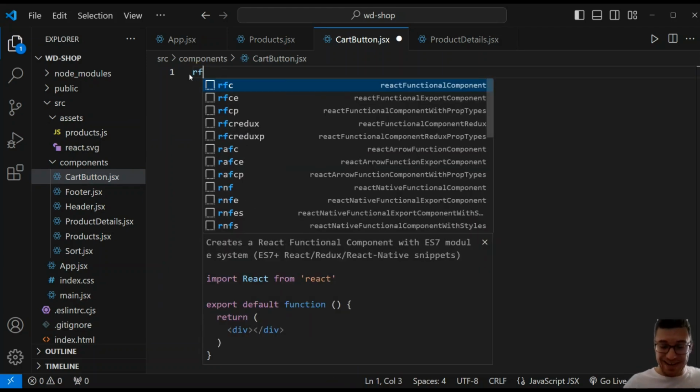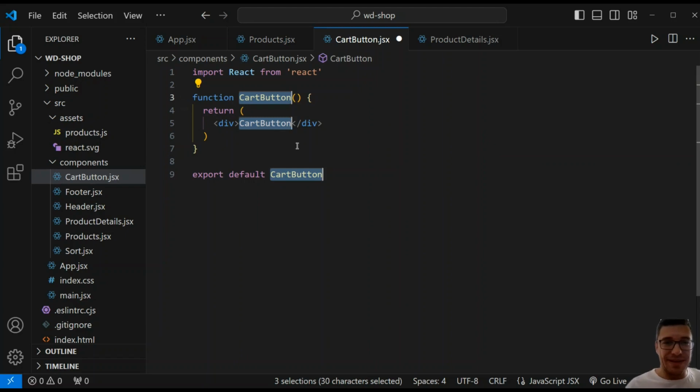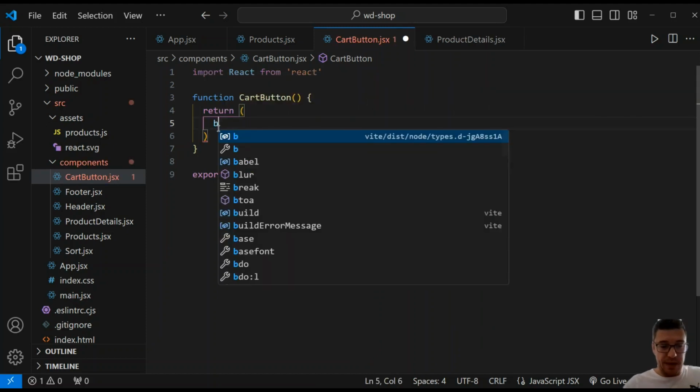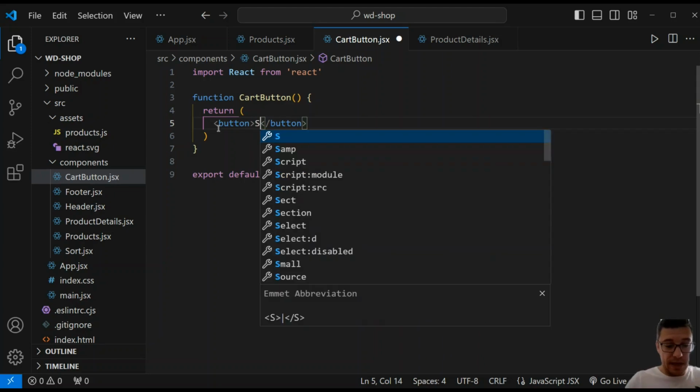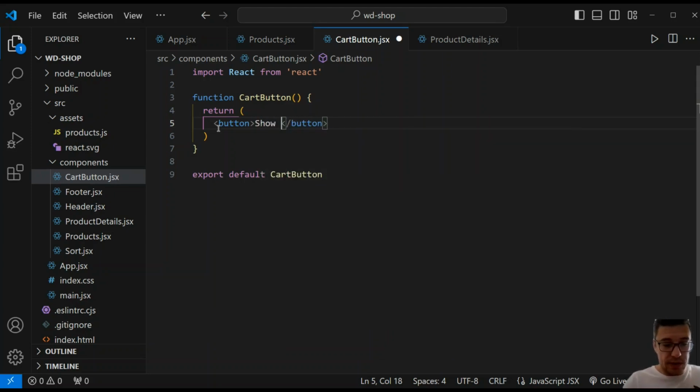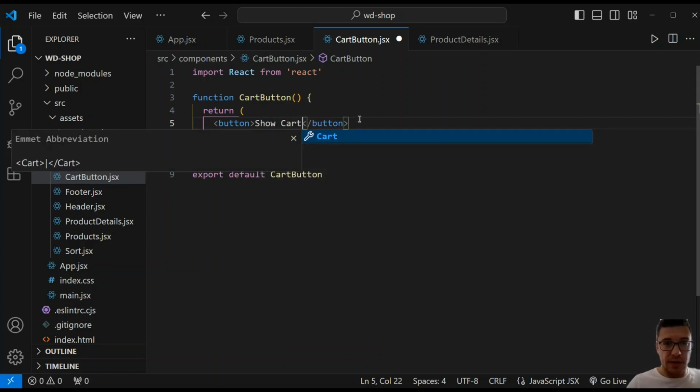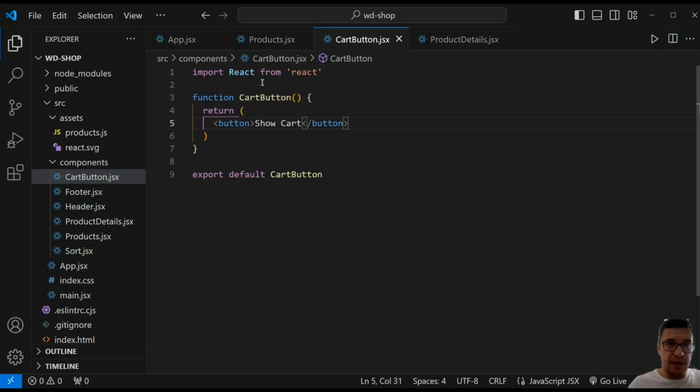Sorry. And now we can create our function based component. This will be a button that will say show cart. Okay, just like this. Let's import this button,